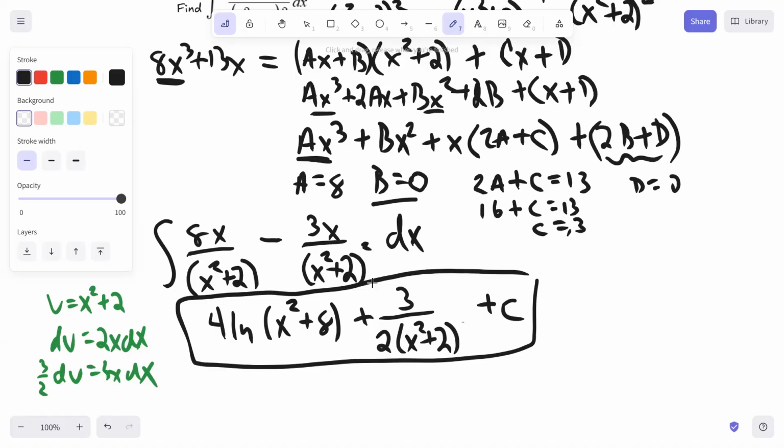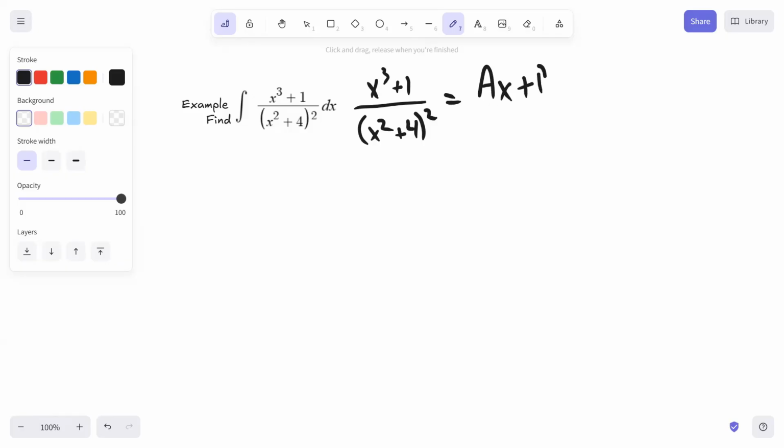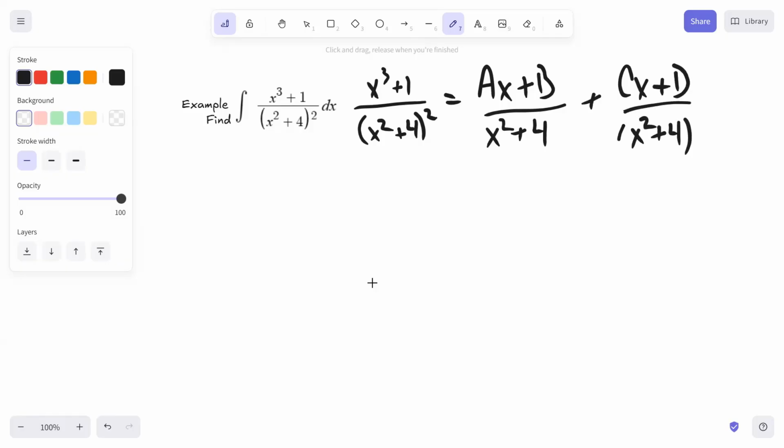The last one I want to do is another example here, and it's going to get a little bit complicated. So here we have a repeated quadratic factor that is irreducible. So you would have x cubed plus 1 over x squared plus 4 squared. That's going to be ax plus b over x squared plus 4, plus cx plus d over x squared plus 4 quantity squared. Clearing the fractions, you would have x cubed plus 1 equals ax plus b times x squared plus 4,